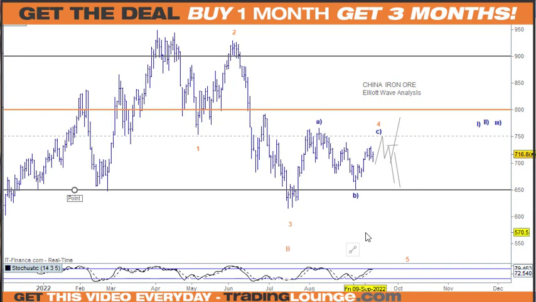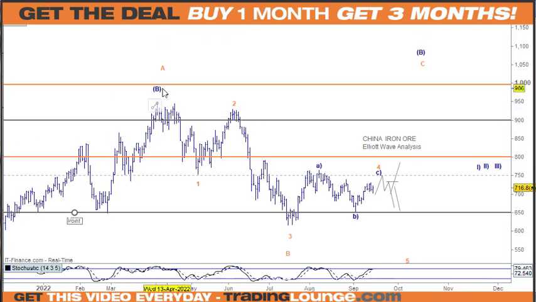I can look at this here as an A wave up here and a B wave here, with an A, B, C here, and then a larger move to the upside at that point. But I can't confirm that just yet. So I'm thinking that we're in a wave 4, but as I mentioned, the problem with calling it a wave 4 is that we do have overlap there.